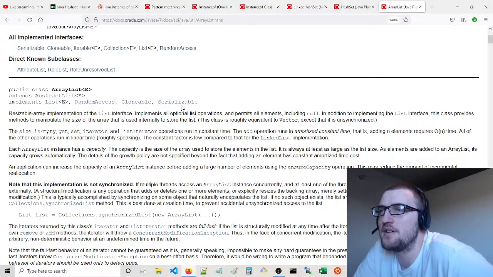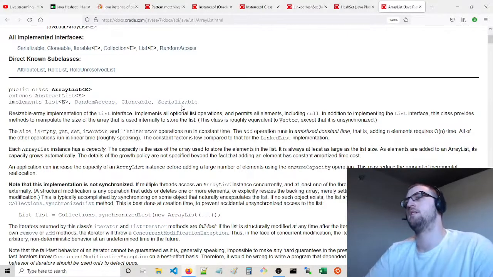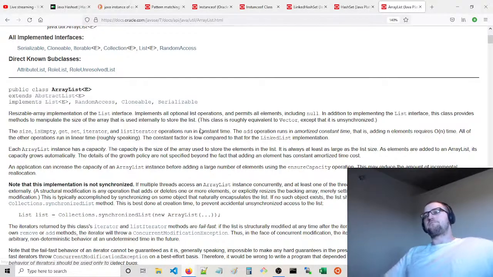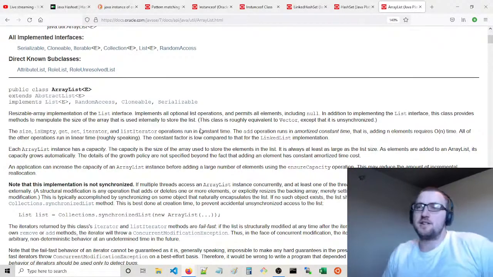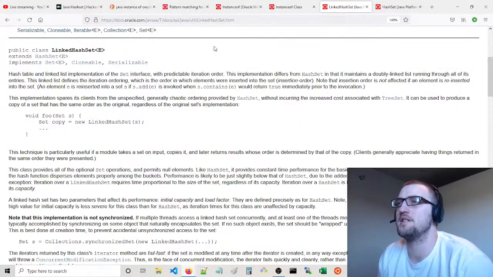Okay. Get, set, iterator, list iterator operations run in constant time. This class is roughly equivalent to Vector, except that it's unsynchronized. Okay, interesting. So an ArrayList really is like an array. It's not really as much of a list as it is an array. Now, a linked hash set is a linked list, but